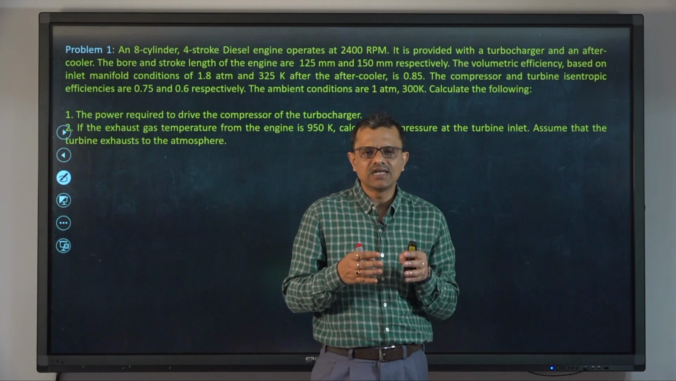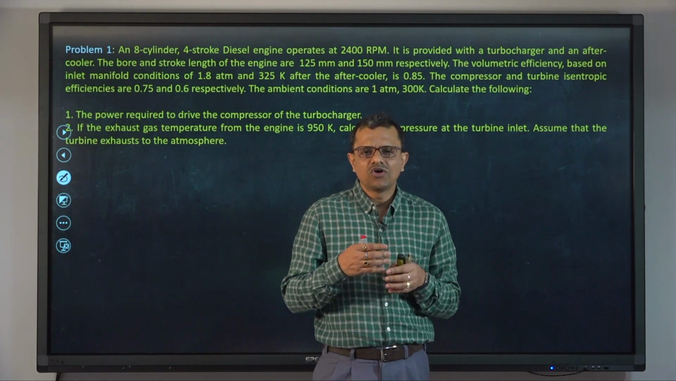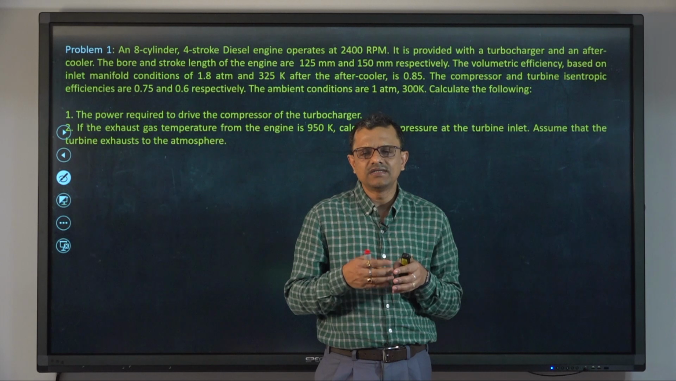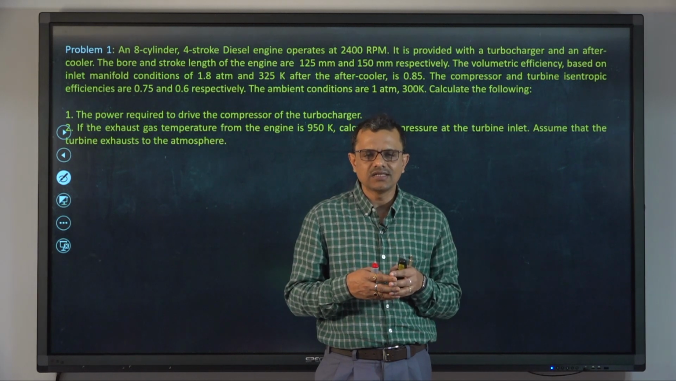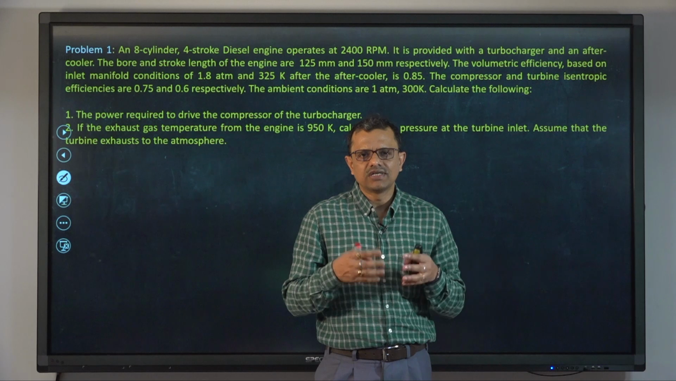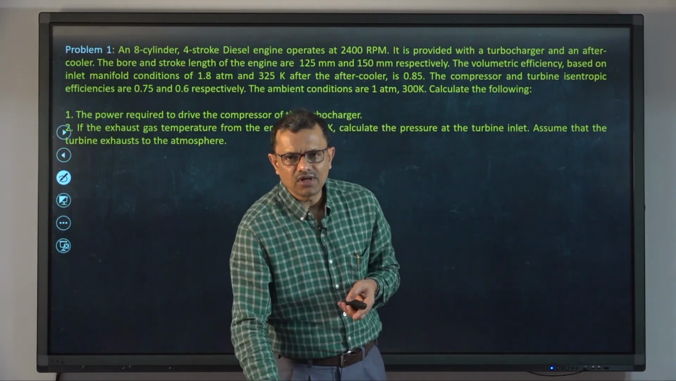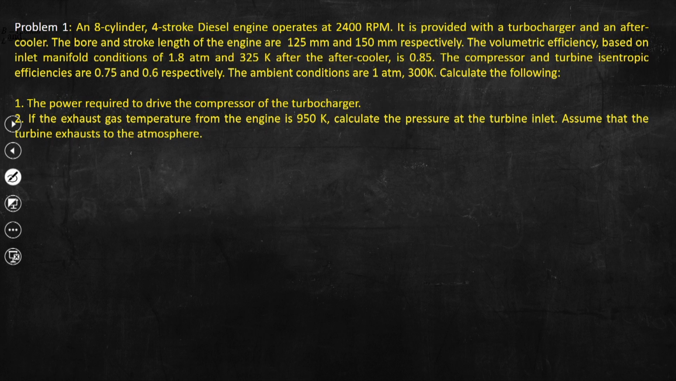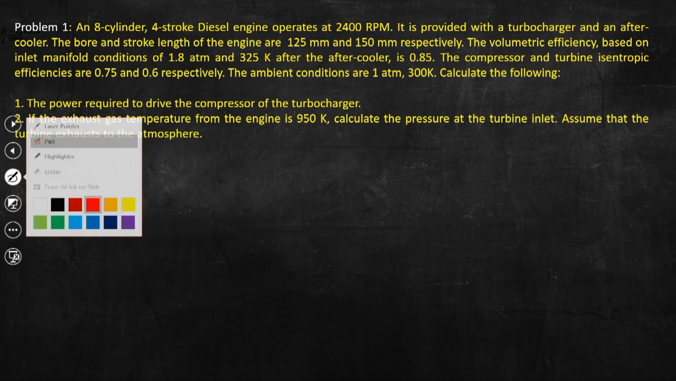So, basically that compressor will be operated using a small turbine, and the turbine will be driven by the exhaust gases of the engine, that is what is important. So, let me solve this problem statement. If we draw the schematic,